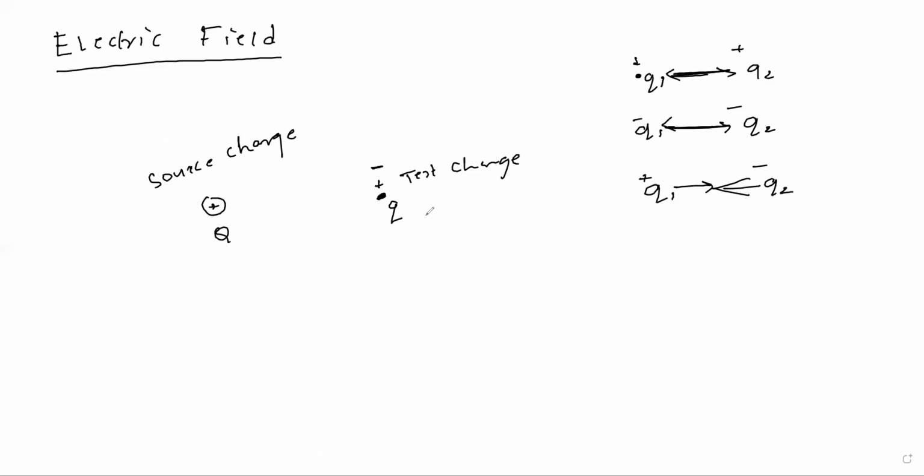Now we'll see the depth of this electric field. We'll go in detail about this electric field. Let us consider the point charge again, that is plus charge q, and one more point charge. Electric field due to charge q at point P. Let us consider this as P. Now let us define the electric field with this diagram. So what will be the definition of electric field?